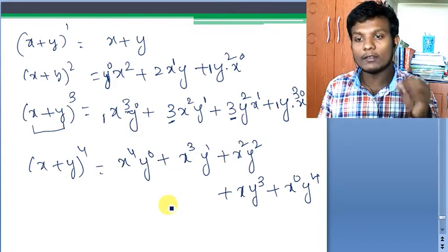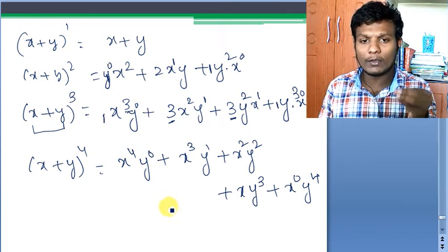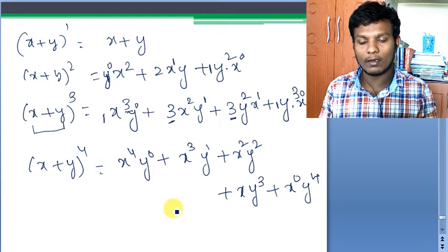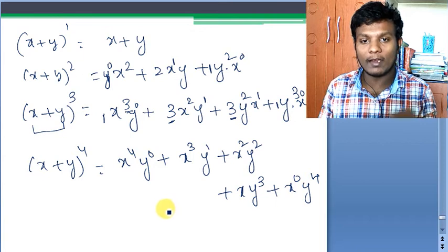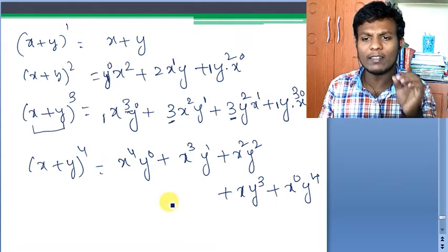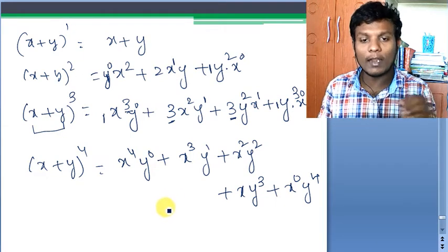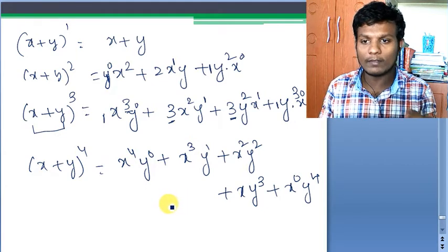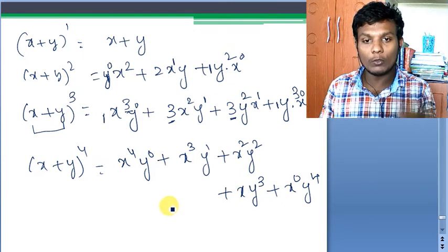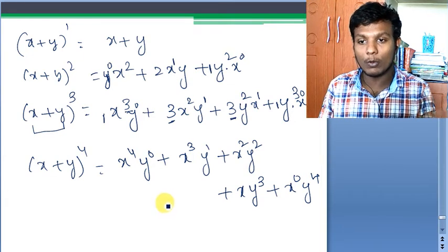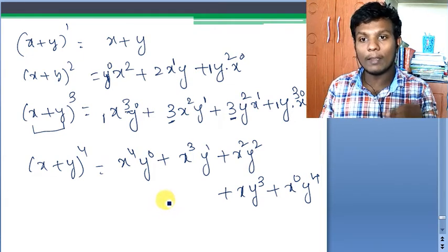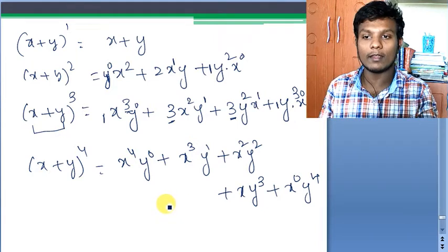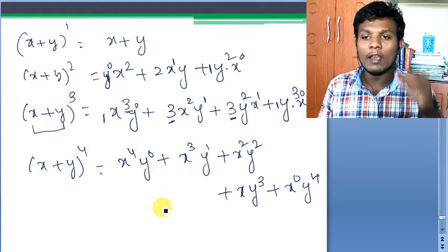Here comes a very important topic called Pascal's triangle. So what is that Pascal's triangle? I will explain that first. It's a very simple concept, and it will help you a lot to derive these. Let us see what Pascal's triangle is and how it is useful in writing (a plus b) whole square and (a plus b) whole cube. And if you want to write (a plus b) whole power 6, you can write that with the help of Pascal's triangle. Let us see that quickly.